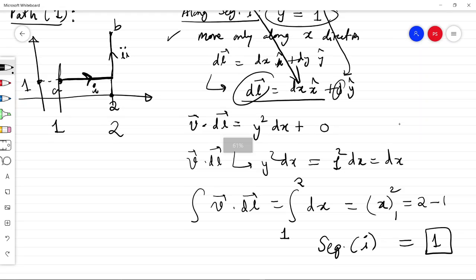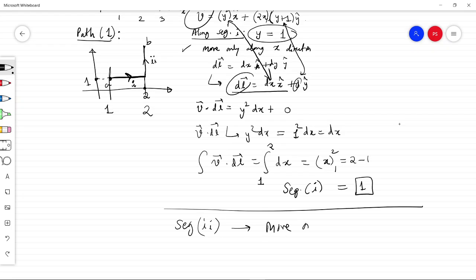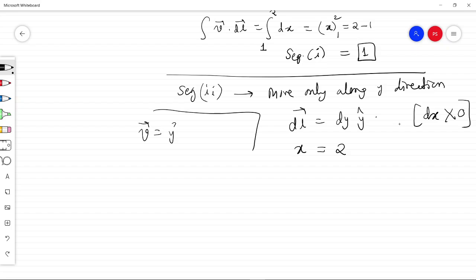Now let us continue to solve this line integral for segment II. For segment II, we see that the line is vertical, so we move only along the y direction. So in this case, dl is obviously going to be just dy y cap, as there is no change in the x direction involved. Further, we see that coordinate x is fixed and has value 2 for this particular segment. So again, if we recall that v bar is y square x cap plus 2x times y plus 1 y cap, we see that v bar dot dl bar